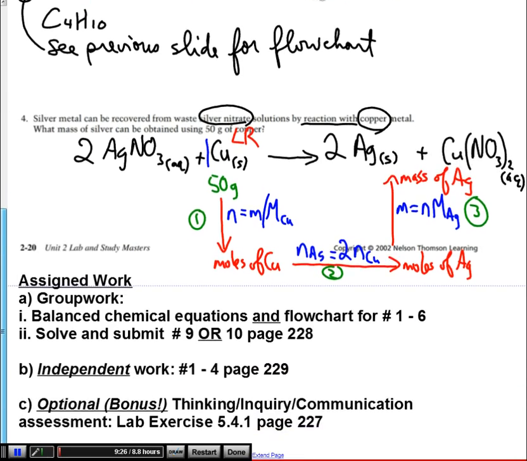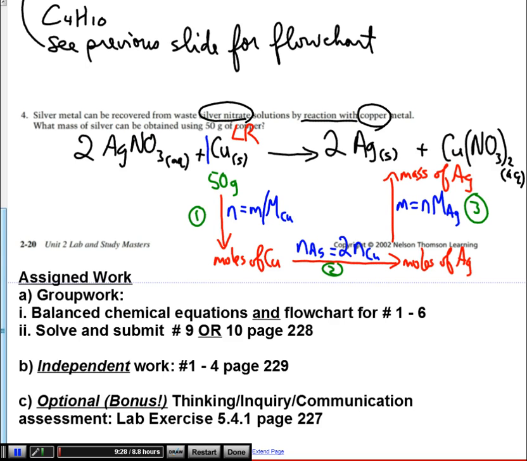So tomorrow in class we're just working on, as I said, some group work, some independent work, and this will take a couple days in class. So you will have time to work on this, and this is a really key section in the textbook. I mean, introducing the mole was really important, but working with stoichiometry is important. Once you understand stoichiometry and you can apply this method, you can apply it to anything, whether the chemical reactions